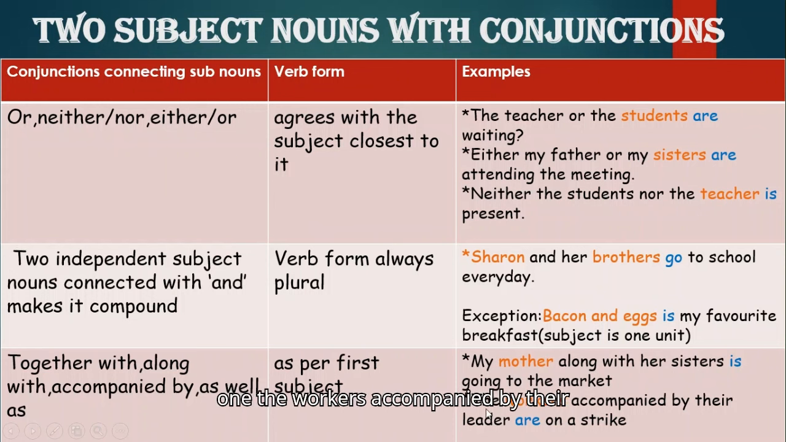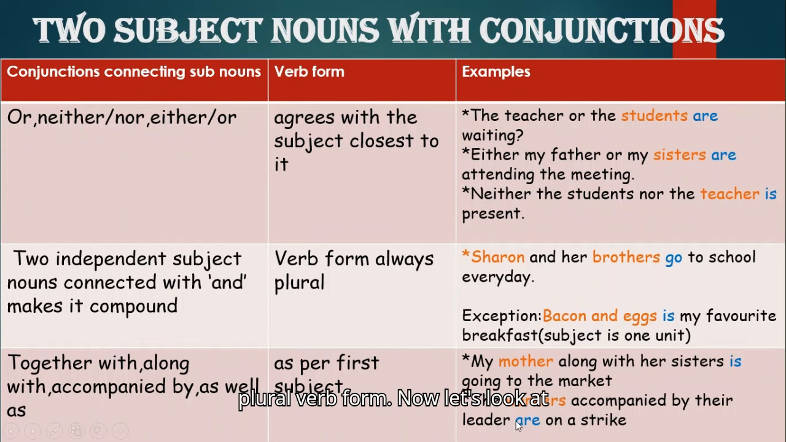Another one: the workers accompanied by their leader are on a strike. Now again, the workers are plural. The verb form are is taken because workers, the first subject noun which is actually doing the action, is plural. So, the workers accompanied by their leader. Leader is singular, but since mainly the workers are on strike and the leader is accompanying them, we take the